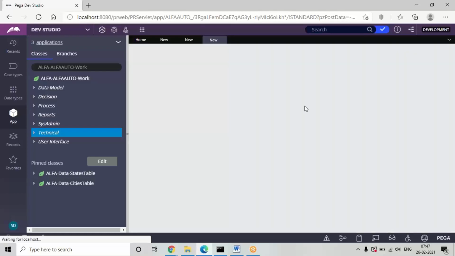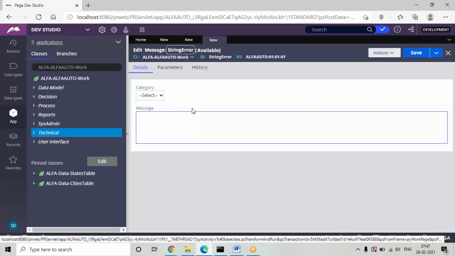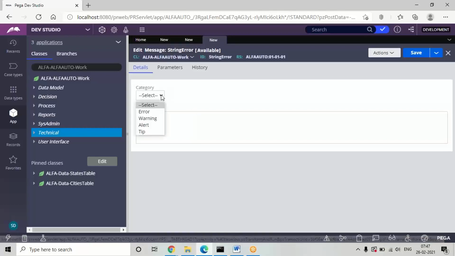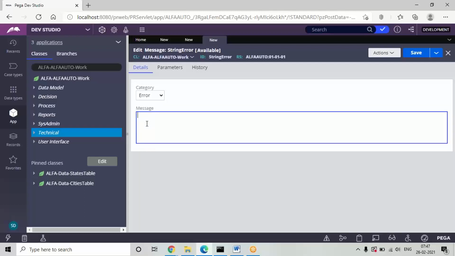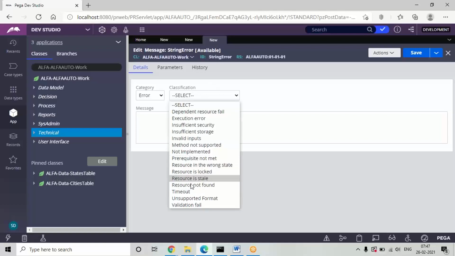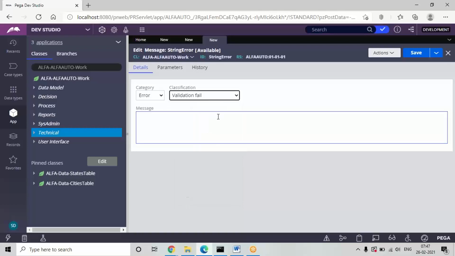Here we'll be getting some categories, like error, warning, alert or tip, some four types of categories are there. Basically, these validations come under error. So select error, then type the message here. Classification is not required. Classification is included in the new version. Maybe if you want to include it, you can give it as validation fail.